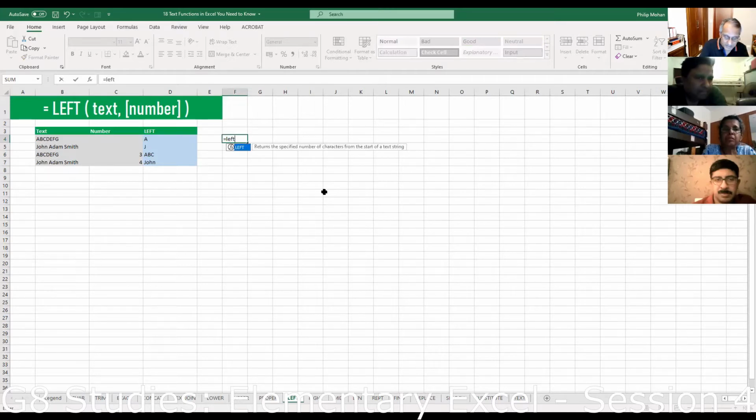Okay, left, and then go. B4 is our favorite cell at the moment. Now what you have to do is say how many characters, because when you say left, it goes to the first character on the left-hand side. Then you mention a number, let's say 5. What it will do is take the first 5 letters from the left-hand side, and that is the value you